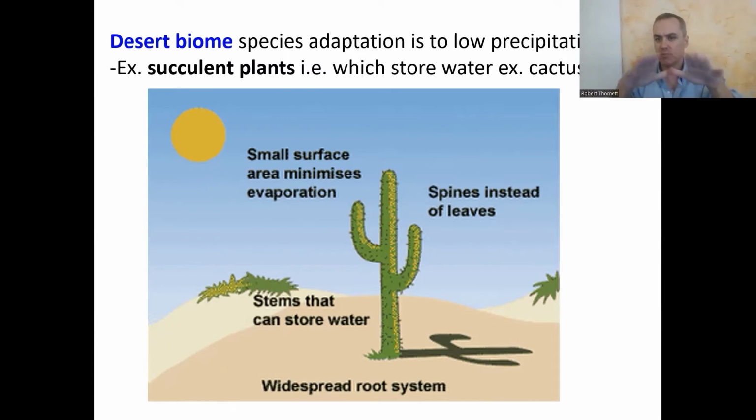because a leaf would provide surface area where it would be more transpiration. You lose moisture off of the leaf. By having more dense spines, you lose less moisture. And along the same lines, just the overall smaller surface of the plant in general. Just the plant is just smaller. Therefore, you minimize evaporation.